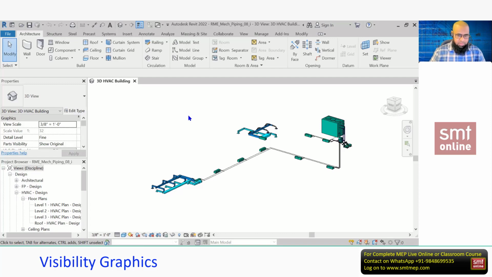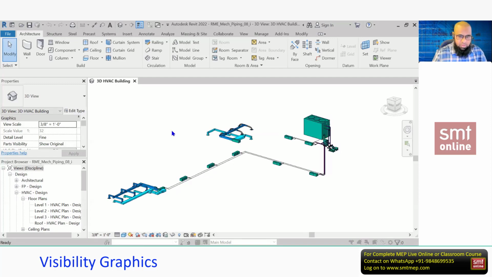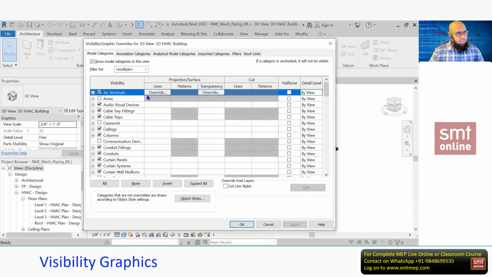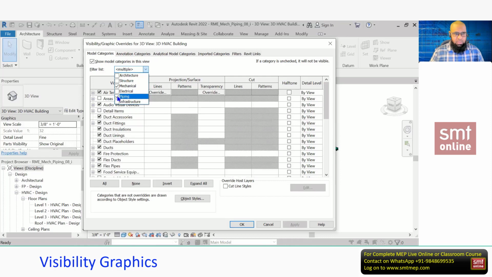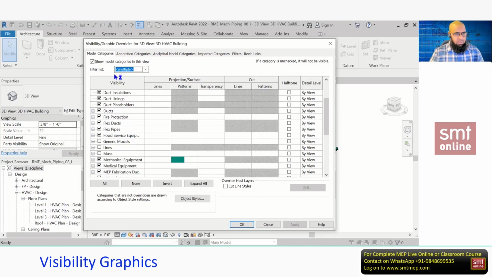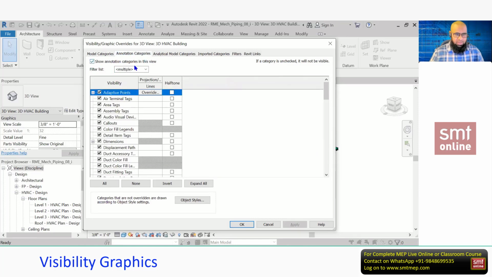So first, when you type VG, which is a command for visibility graphics, here you can filter the list. You see, if you're not dealing with, say, electrical or structural, architectural, I can filter this. For example, I'm removing this architectural, structural, electrical, and infrastructure. Okay, so you'll get the options related to what you see, mechanical and piping. Suppose I'm dealing with HVAC, I want to see the options in the model category or even in the annotation category. You see what I said is available here.